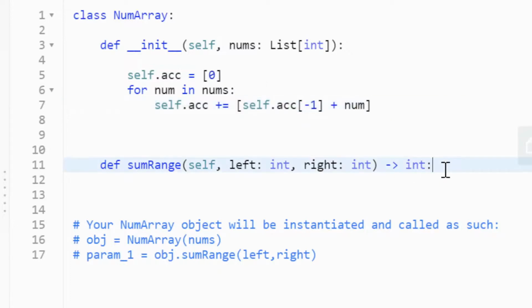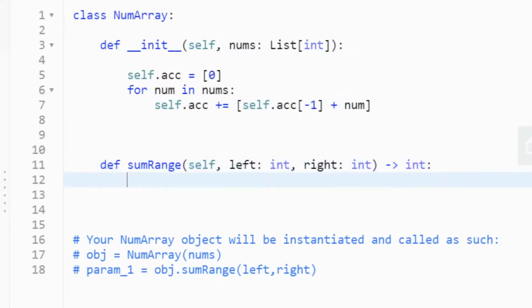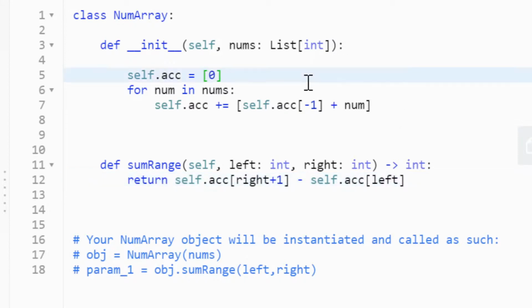Then for the sum range, all we have to do is return acc[right + 1] minus self.acc[left]. Okay, so what we're doing here is creating an array acc, for accumulate, that stores